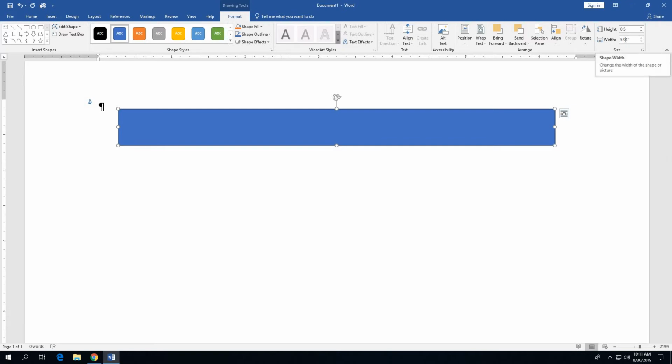0.5 in the height box, then go down to the width box, and that one should be 5 inches. So you're just going to type in a 5 right there, and then press enter, and it will resize the shape for us to those dimensions. So 0.5 by 5 inches. Alright, so we've got that, and the next thing we need to do is